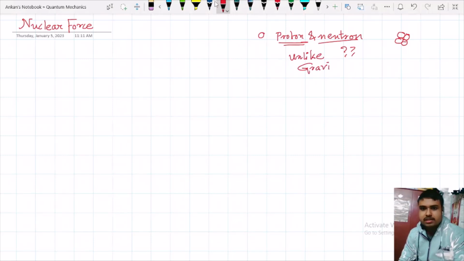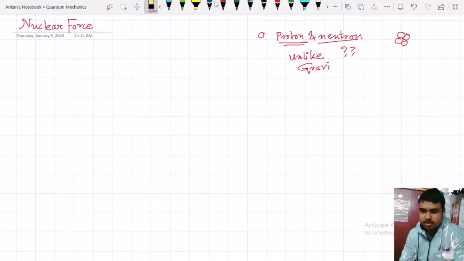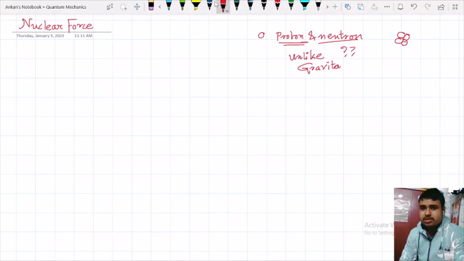At first it was thought that gravitational force may exist, but gravitational force is very weak. So this is not possible in that certain region of the nucleus. So gravitational force is not present between the nucleons. So the force that exists between these nucleons is unlike gravitational force